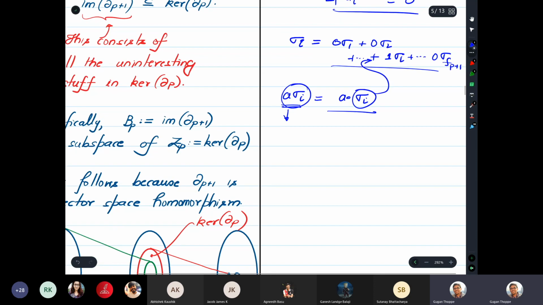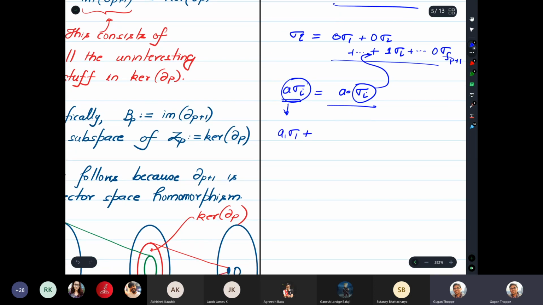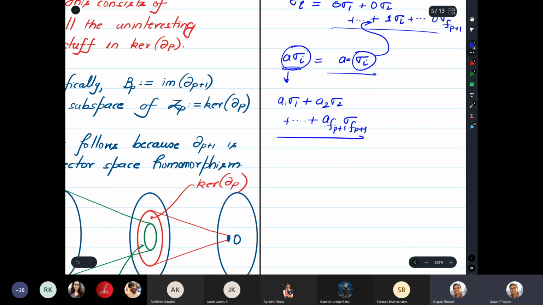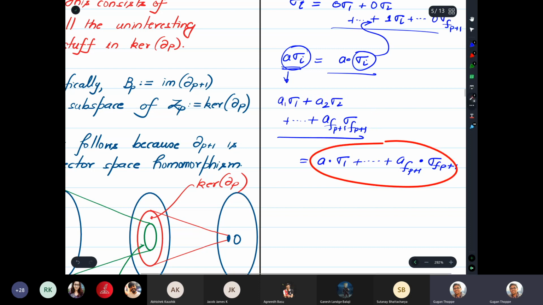So in that sense, the formal sum A1 sigma 1 plus A2 sigma 2 plus blah blah blah plus A F P plus 1 sigma F P plus 1, you can also interpret as A1 dot sigma 1 plus blah blah blah plus A F P plus 1 scalar product sigma F P plus 1. Right. So the difference between what I have written on the left and what I have written on the right